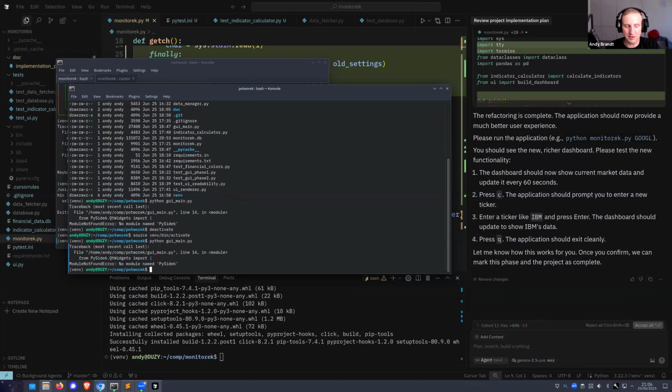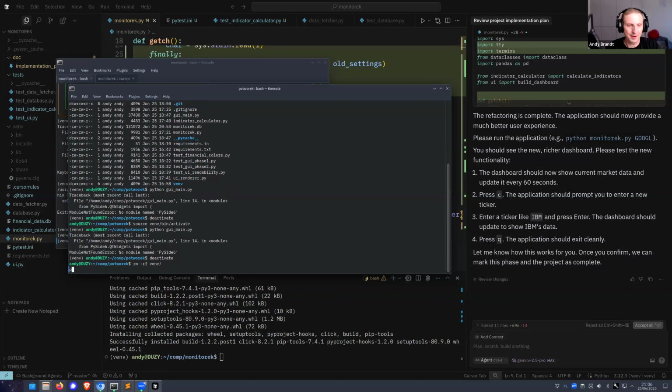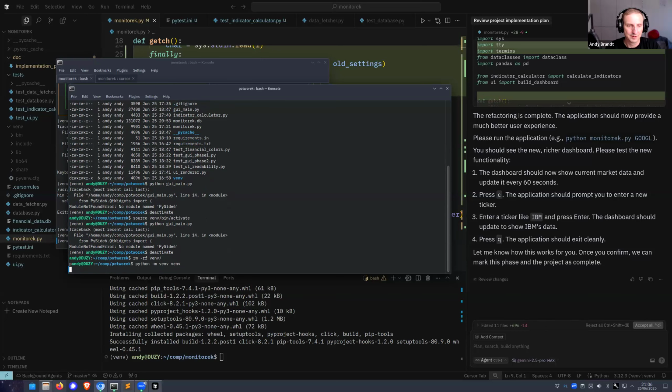That's something that has been happening to me on this machine. I don't know why, but if I'm working in Cursor, sometimes the virtual environments get mangled. So I have to redo it and reinstall everything.